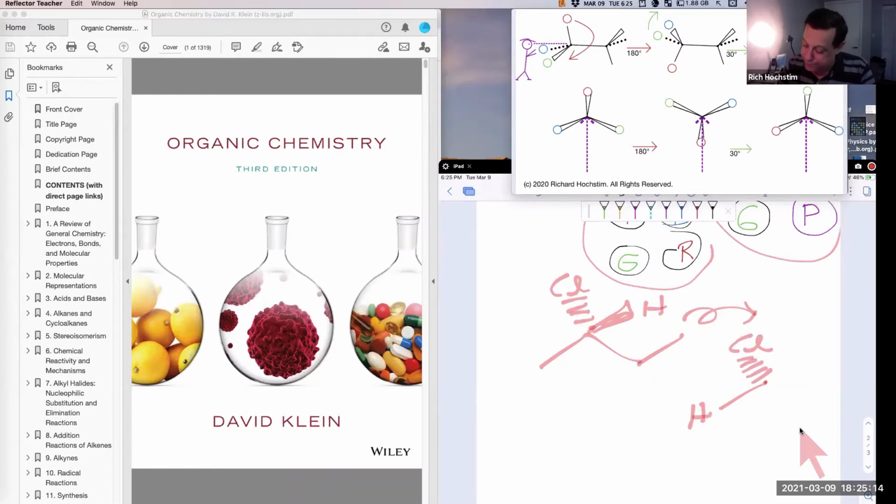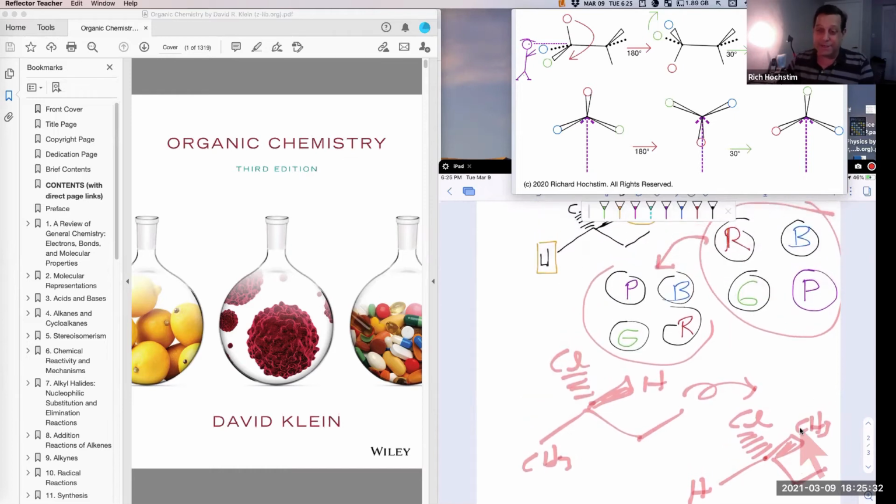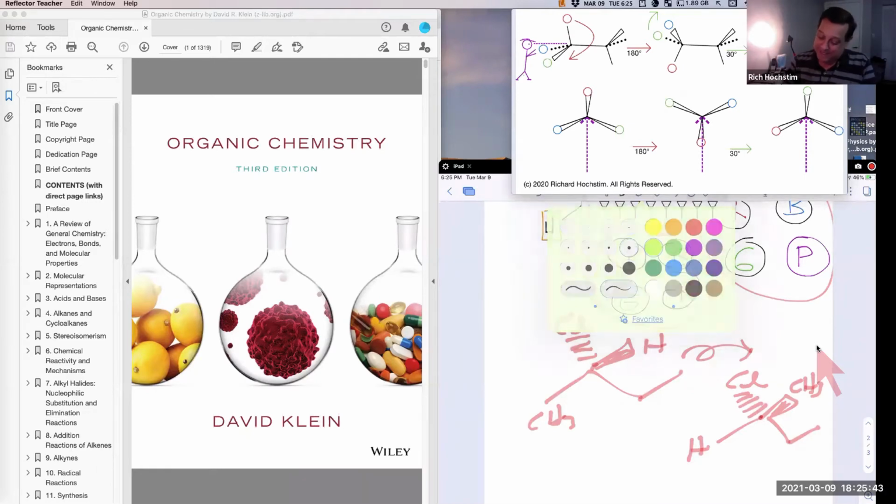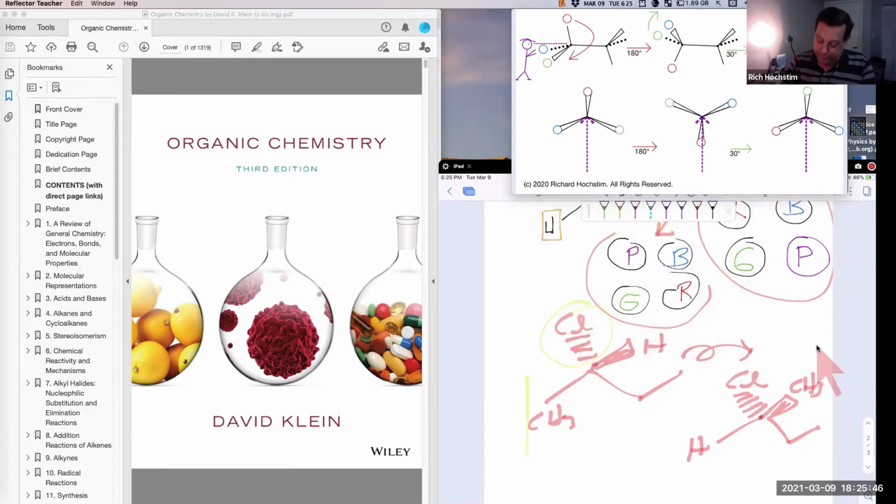Okay, and then over here, what we'll do is we'll put a CH3. So this is analogous to this. Analogous means it's pretty much the same exact thing. All right. So do you agree that basically there's 4 different groups here,